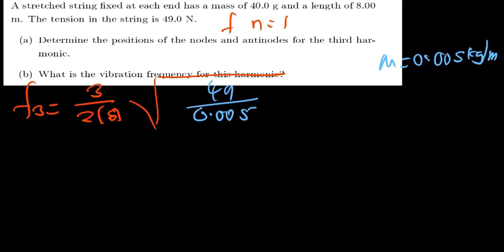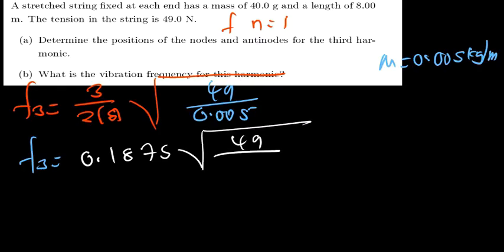Okay, 0.005. So F3 will be equal to 3 divided by 8 because 2 times 8 is 16, so I'll divide it by 16. I'm not going to round it off. I'm getting this times the square root of